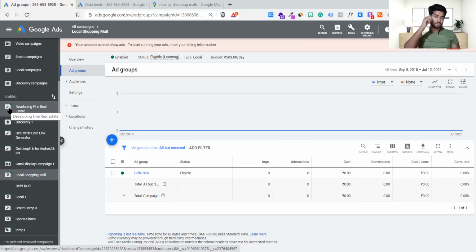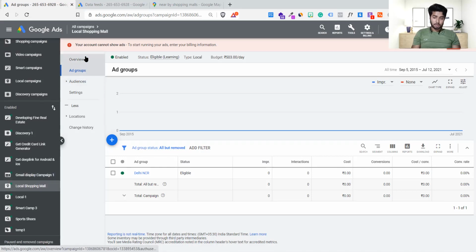This is the wizard logo. If it's showing, it means you have used an automated campaign. The moment you use the manual setup, it will show the actual logo, which is the map-based logo, display-based logo, video-based logo, or search campaign logo. Okay, all right, so let me just solve your query right now.